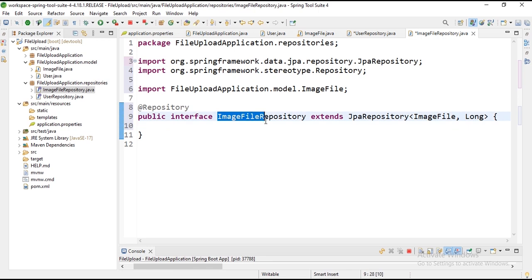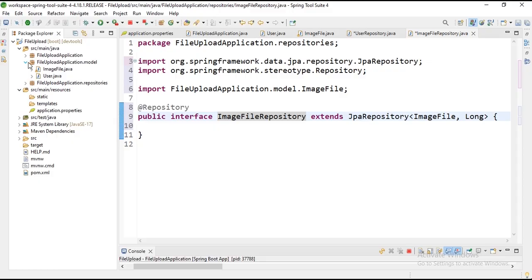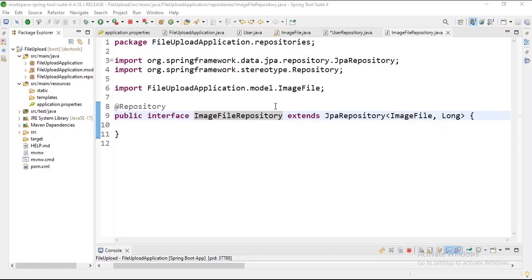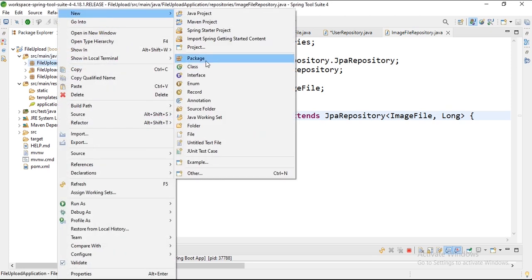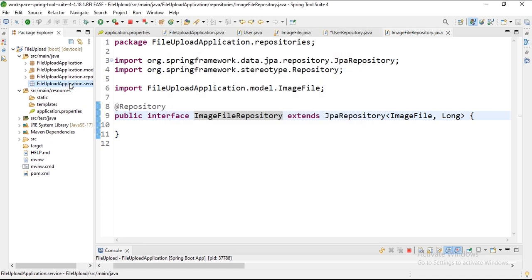This interface will inherit the save method from the JPA repository. So this is what we have here, and then we will go and look for the service, or we will create the service class. So now the next thing we will do is to create a file service, which is a class in the package service. So here we will create a new class,